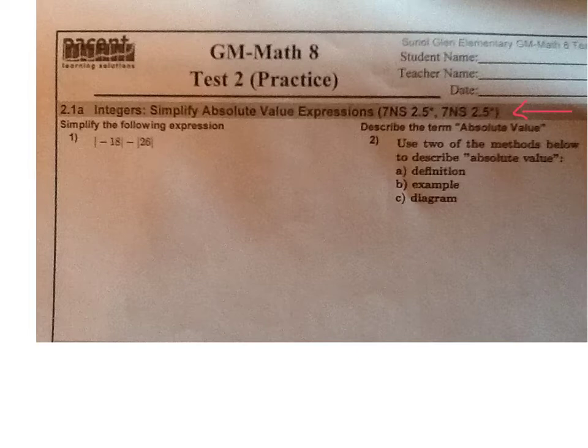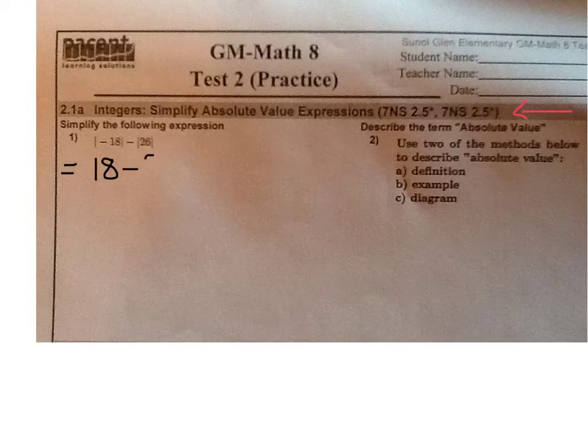And this one is supposed to be dealing with absolute value. And not only do you have to work with it and show steps, but you also have to describe it and explain it. So let's look at how we might do that. So you might say, make sure that you show all your steps. So if we're doing number 1, the absolute value of negative 18 is 18 minus, and then the absolute value